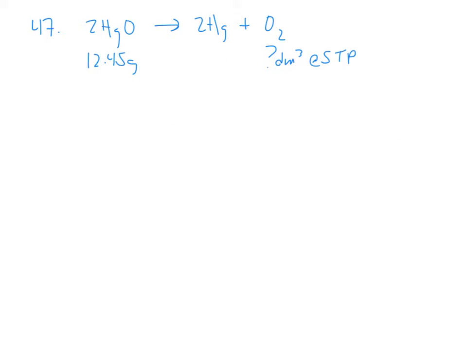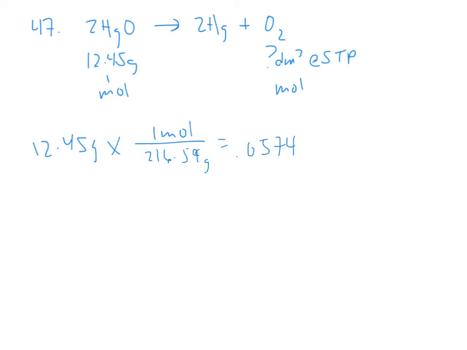So as you read through 47, here's the information they give you. They give you a balanced equation and tell you have 12.45 grams of mercury oxide. And you want to know how many decimeters cubed of oxygen gas that should produce at STP. So again, I need to find my molar amount of HgO so I can determine my molar amount of O2. So 12.45 grams, if I divide by the molar mass of 216.59 grams, I'm getting a molar amount of 0.05748